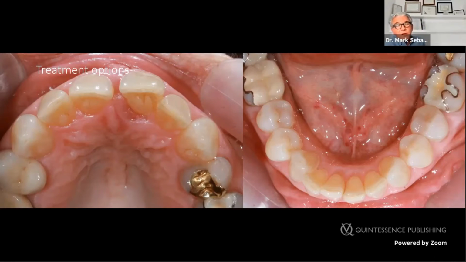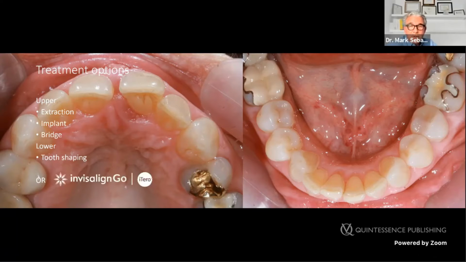Okay, and this is what I really love to talk about. We have different treatment options. If I would talk today about implants, we would maybe do an implant at that front. We would take off the tooth and place an implant immediately, or we can make a bridge and shape the lowers down so we have no pressure anymore on the front. Or another simple way, we can do some aligner treatment.